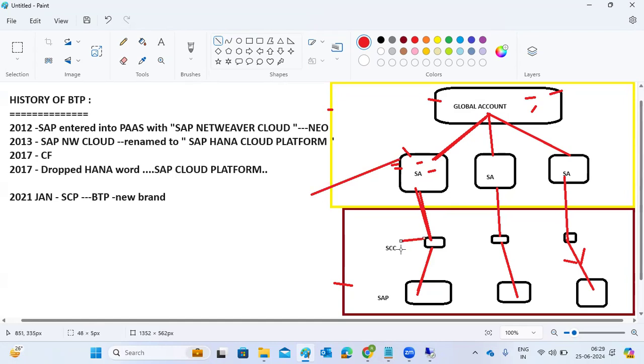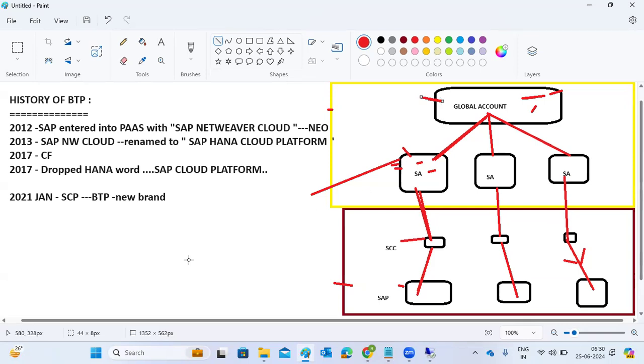Cloud connectors, SAP integrations, subscribing the services, the initial configurations, all those things we should know. Also for the global account, we should know how many types of global accounts there are, what the licensing model is, the pricing models, all those things. So we'll discuss tomorrow. Today, first class, I'm stopping here. Tomorrow I will start with this hierarchy: the global accounts, types of global accounts, how to get the global accounts, and how to get the BTP accounts.